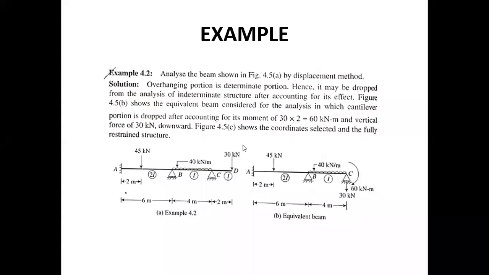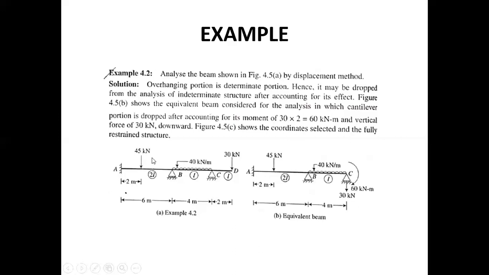So this is a case of a beam. This is a kind of continuous beam having an overhang at CD. So we'll be analyzing this beam using the displacement method. As we know, the displacement method is also called the equilibrium method, also called the stiffness matrix method. So in this case, this beam has a fixed support at A, an intermediate roller support at B, again another roller support at C, and CD is an overhang portion.